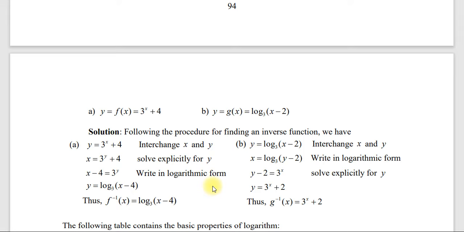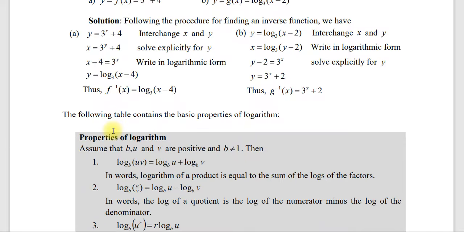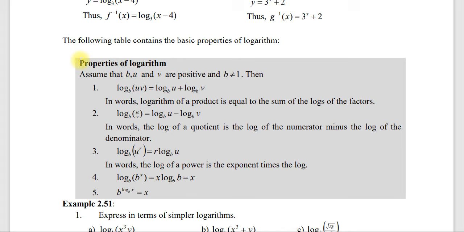መለስ ብትሉ ወይም ማስታወስ ተቻላችሁ 10ኛ ክፍል በጣም በዝርዝር ሁኔታ አለ ማለት ነው። So logarithmic function እንግዲህ ቤዚክ ፕሮፐርቲ የሚባሉት እነዚህ ናቸው። ወደ 5 የሚደርሱ ቤዚክ ፕሮፐርቲዎች አሉ። assume that b u and v are positive and b different from 1 ብለን እንነሳ። መነሻችን ነው። የመጀመሪያ ህግ ወይም ፕሮፐርቲ log uv in base b ማለት